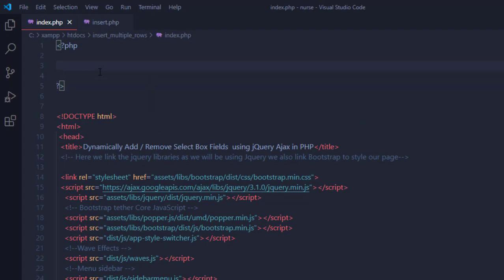and inside here what we basically want to do is to fetch the data from the database for our drop down menu. So I can just write a comment and say here we fetch